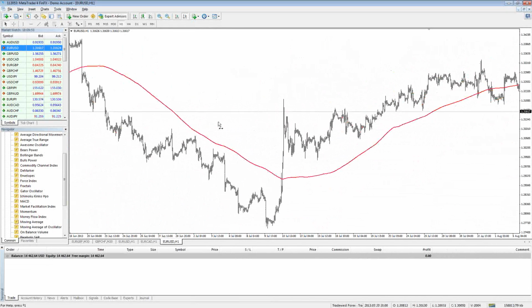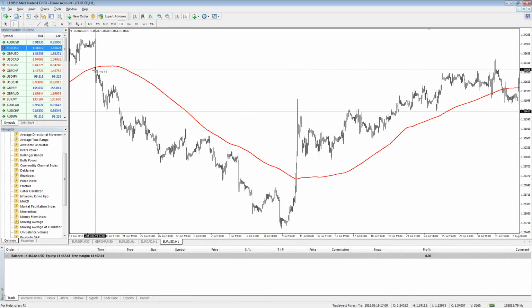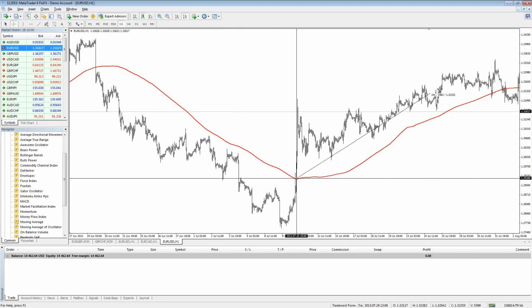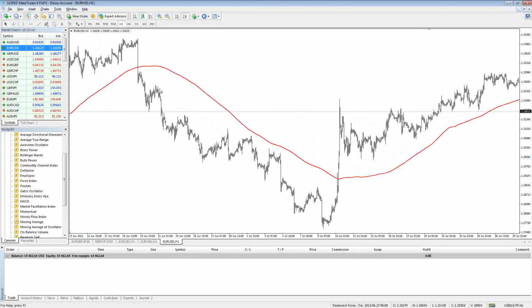See? So look at how effective this is. Here the market turned below the 200 and it trended down 560 pips and never went above. And then finally when it did go above, it trended to the upside 417 pips. So see, this is what they were designed for. So you can see there's a big difference here, that we don't have a lagging problem here. We're not trying to time the market when it's going to perfectly reverse here. We're just trying to say, okay,